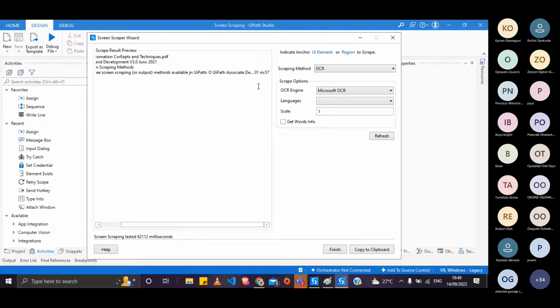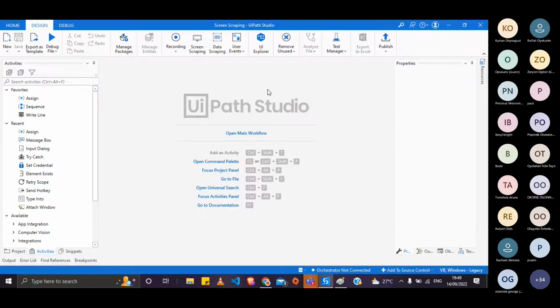So you can see that OCR is very slow and not accurate. So for those who are not able to follow the first time, please pay attention to the screen and